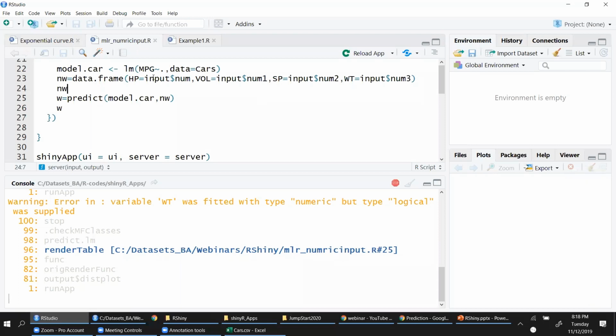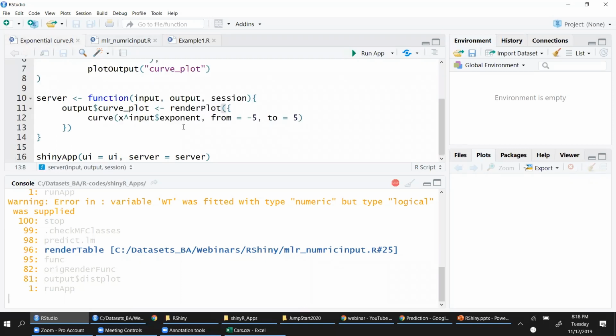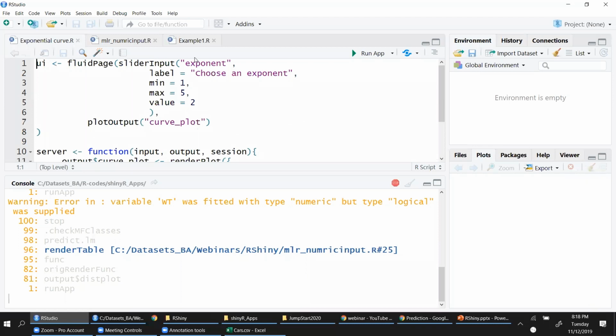Just imagine that this is a function, a machine learning algorithm that I am developing. It could be any function. In this code, what I'm doing is creating a curve for x power input. That input variable is defined here. Right?